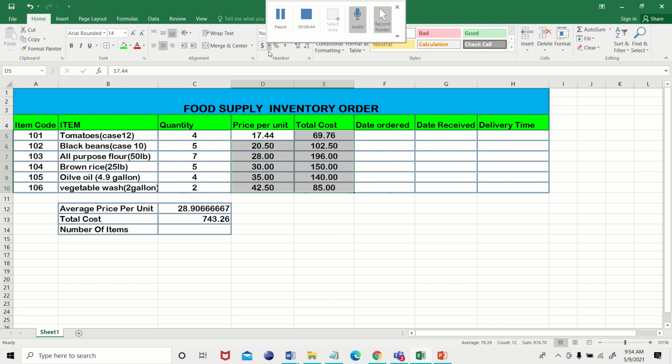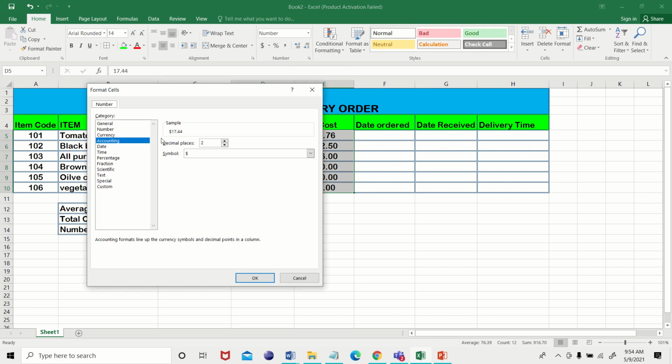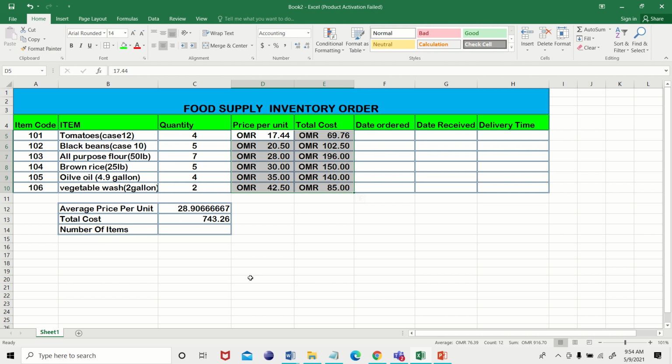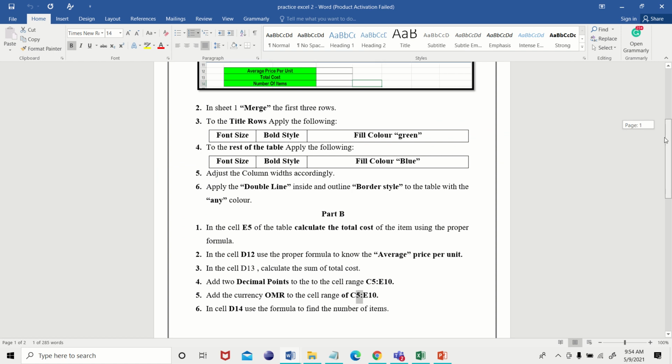Go to this dollar, then more accounting formats. Click on this and click on O. So OMR, Omani Riyals, will come. Now say OK. Now the Riyals are done over here. So this is the way you will add the currency.